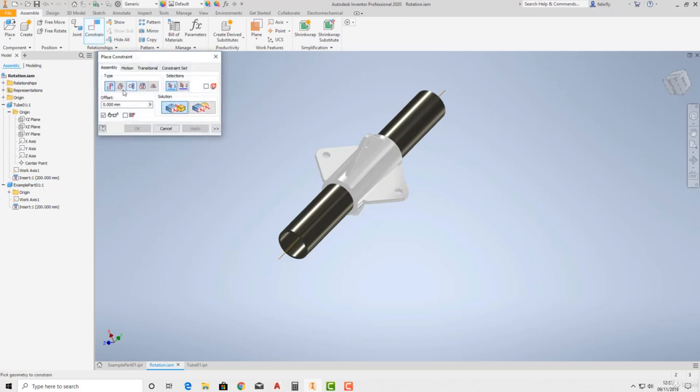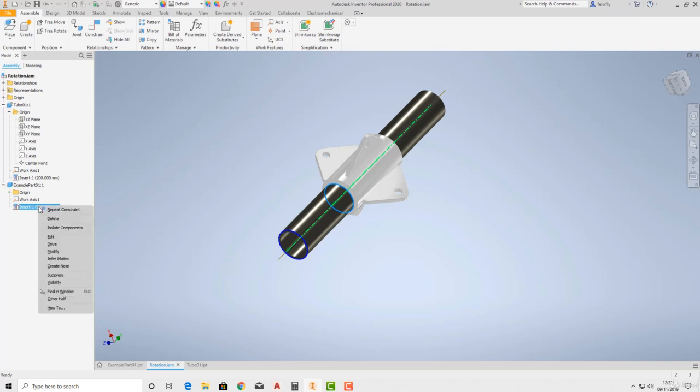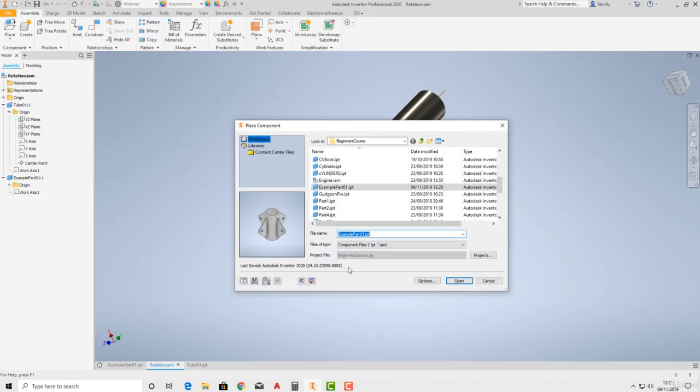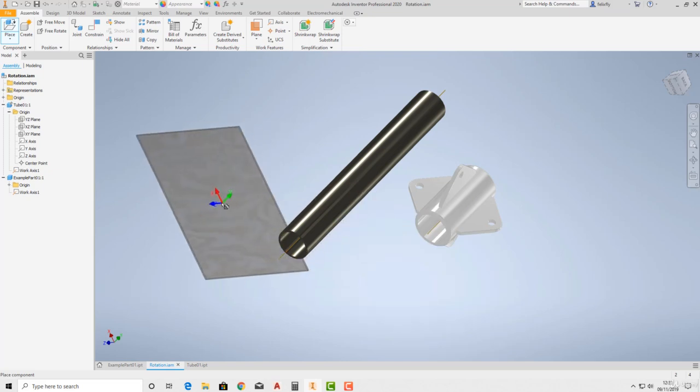But let's look at some of the others. So what are these? We've got a tangent constraint. Well, let me delete this constraint and pull it back out. A tangent constraint, let's suppose we had, I'm going to place our box base from the previous